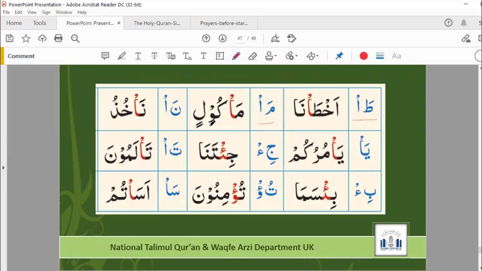Kulin. A little bit longer. This is a madd letter. Kulin. Hudu. If I take away this sukoon sign, then how will you read it? Na. Good. Brilliant. Thank you very much. Now next. Ya murukum. Jitana. A little bit longer. Jitana.